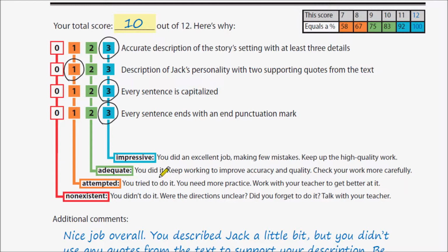He or she knows what it is, but maybe not. I mean, at least it's present, but it's not really a good quality. They've got to get a lot better at it, but at least there's evidence that the student has some knowledge of what it is. Adequate means, like I said earlier, that the student did it at an acceptable level of quality. And then impressive means this student could really teach your other students